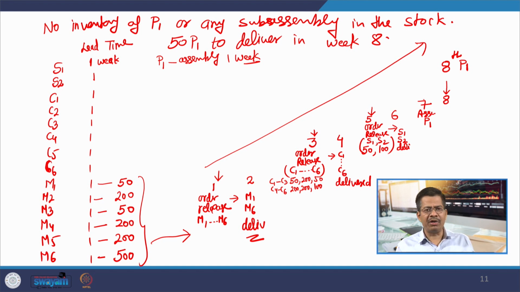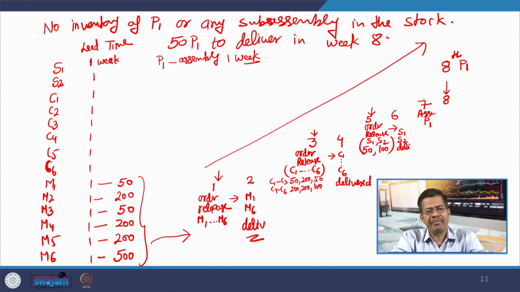Here, let me give you one or two cautions also. In this particular example, I have not assumed any in-hand inventory, and I assumed, for the purpose of simplicity, the lead time for all these items, sub assemblies, as 1 period. But in practicality, the lead time for different components may vary, and there may be some available inventory with you. So, you also need to see how much inventory you have in hand, and therefore, you should be ready to give an order of only the balance inventory.